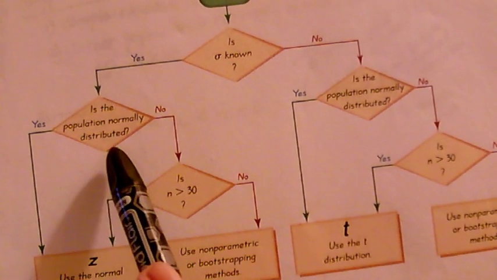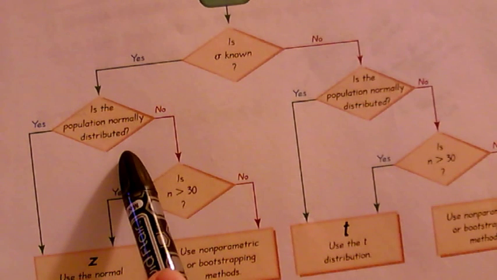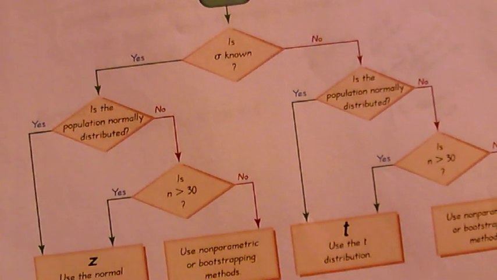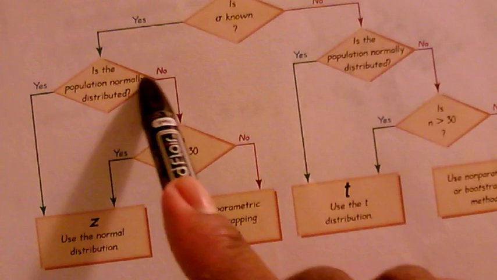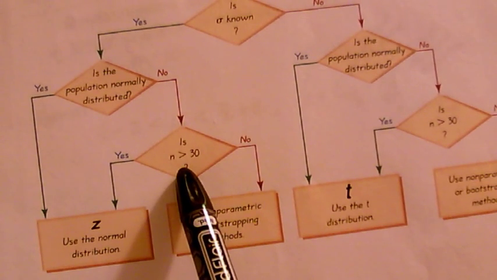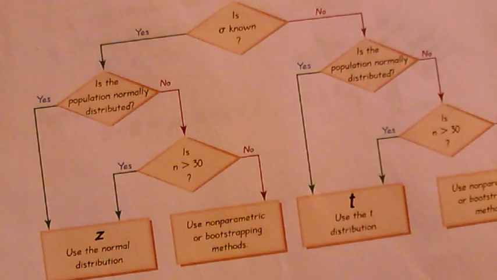If it is, then you ask yourself the next question: is the population normally distributed? If it is, then you use the z, or the normal distribution. If it's not, then ask yourself, is n bigger than 30? If it is, you use the normal distribution. If it's not, then you'll have to use other methods, like non-parametric or bootstrapping methods, which we will not